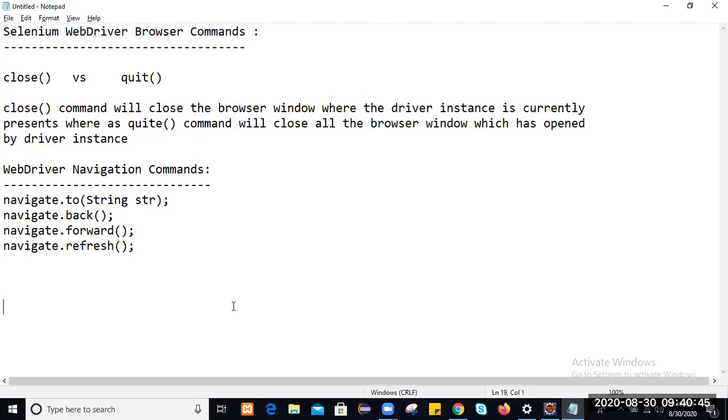Now write down the difference between driver.get and driver.navigate.to methods.